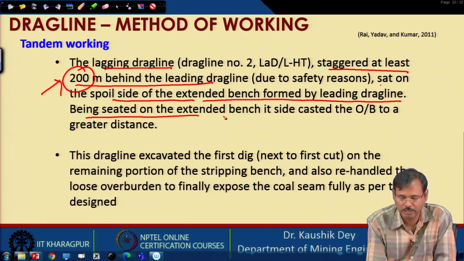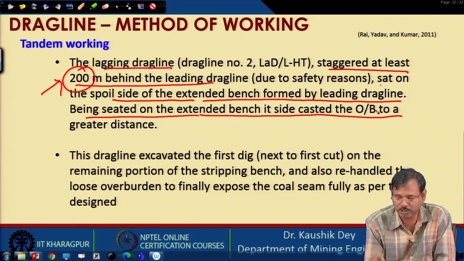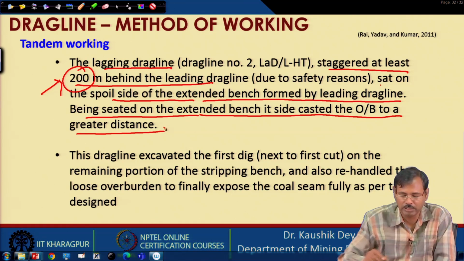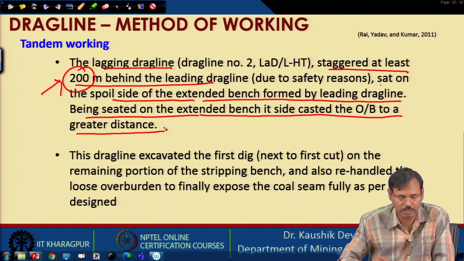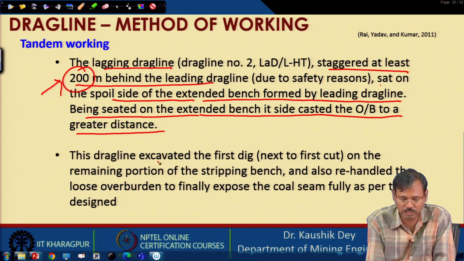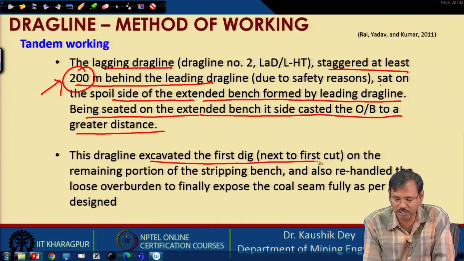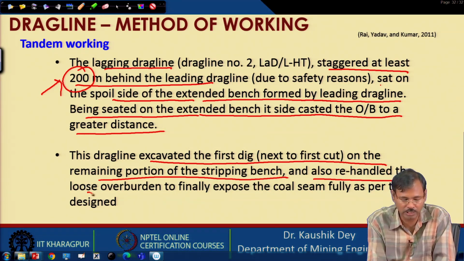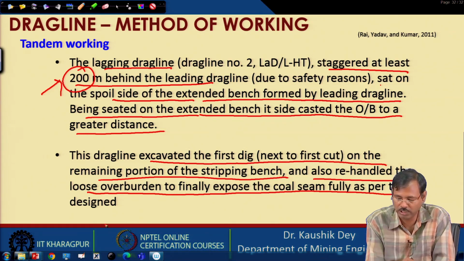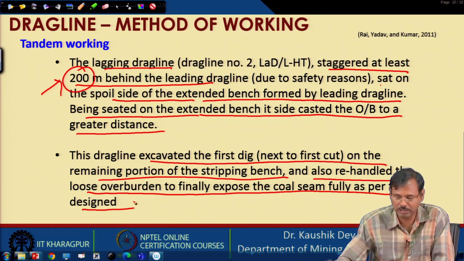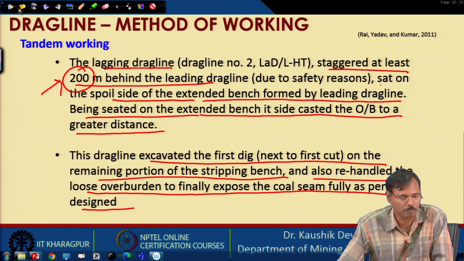Whatever cast overburden is there on the extended bench, it has to lift and move out to a greater distance. So, this drag line excavates the first dig on the remaining portion of the stripping bench and also rehandles the loose overburden, finally exposing the coal seam fully as per the design.